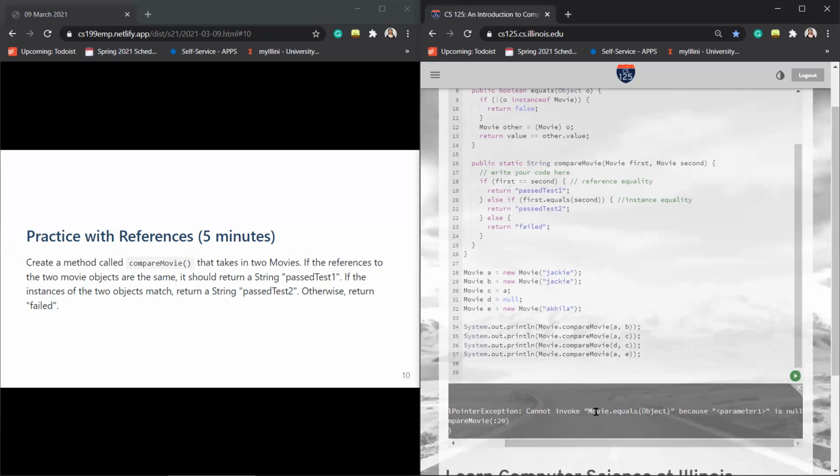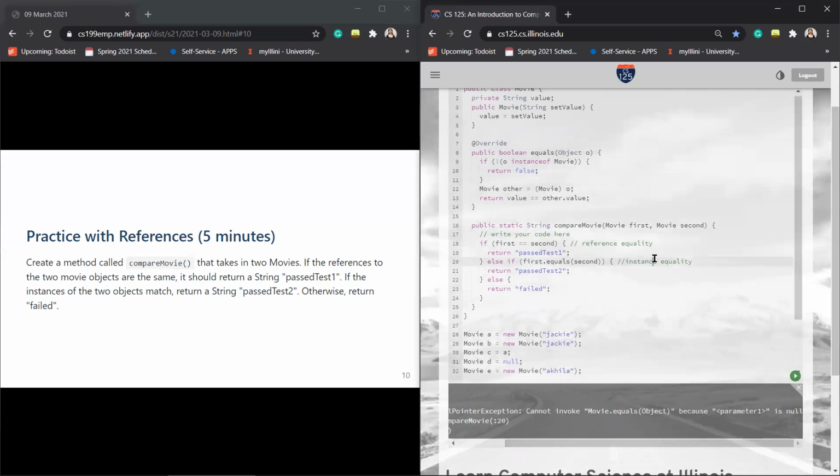Basically, it's saying that I tried to call dot equals on a null. So I can check for null before I check for dot equals. I'm just going to do another if statement in here: if first equals null or second equals null,